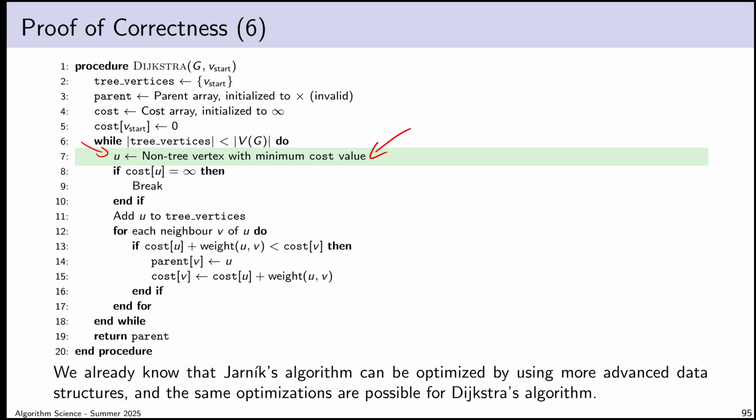It's pretty easy to see, if we look at which parts of this stem from Jarnik's algorithm and which parts stem from Bellman-Ford, that they don't really mix together that much. The Bellman-Ford contribution, the minimum cost path aspect, is actually just this stuff. Everything else is pretty much an implementation of Jarnik, except I guess this condition is sort of bizarre for Jarnik's algorithm, but it doesn't really change much. It does tell us that if I do the same optimization process as I did with Jarnik's algorithm, I should get the same speed up.